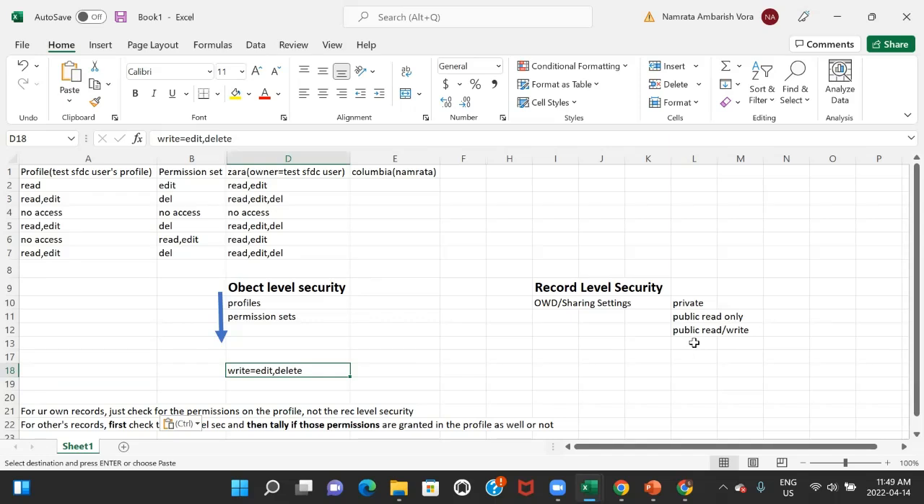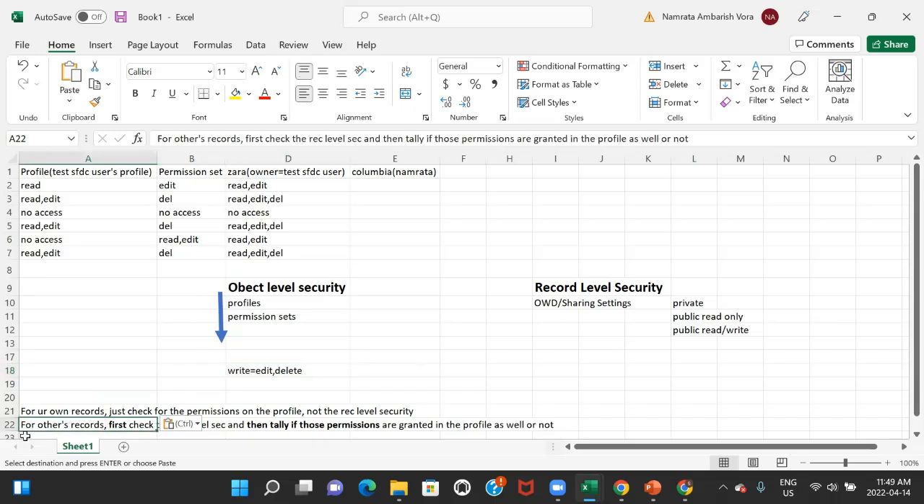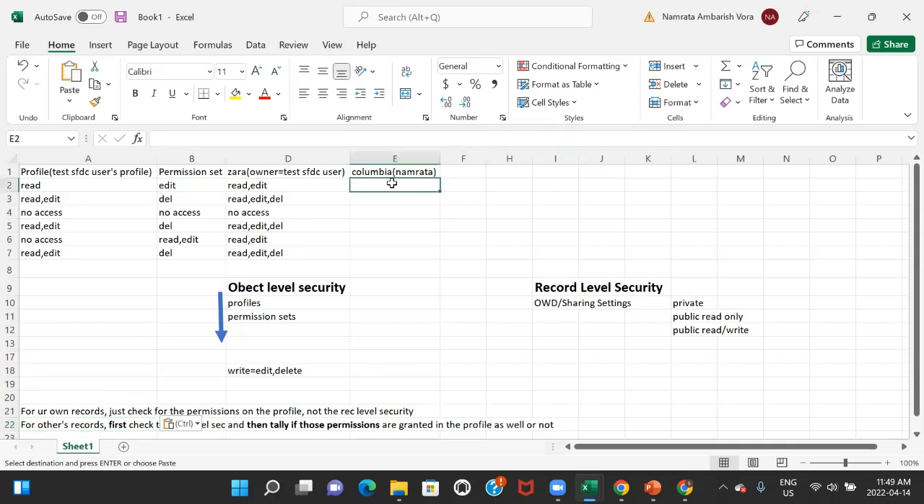But that's what I'm saying, that you cannot only consider OWD. You have to consider a combination of both OWD plus the object level access. So what does it say here? For others' records, first check the record level security and then tally if those permissions are granted in the profile. So let's go one by one. So on his own account, he does not need to look at the OWD at all. But for others' records now,